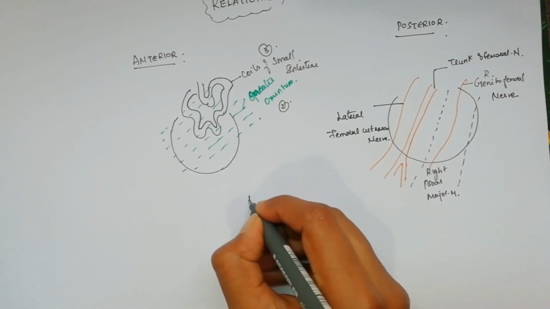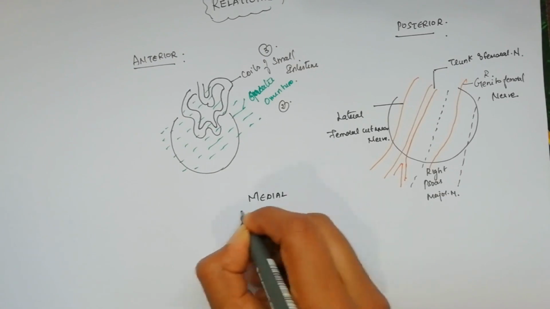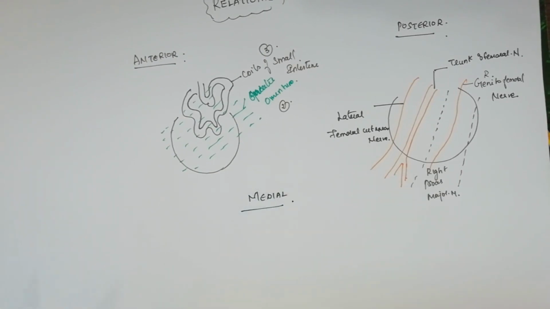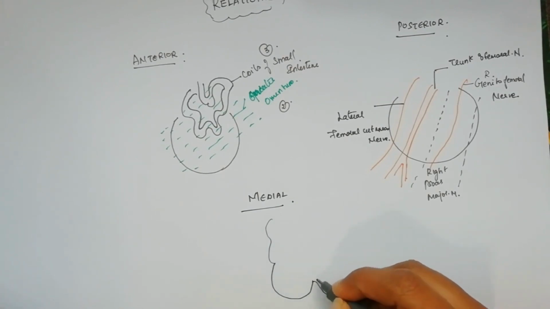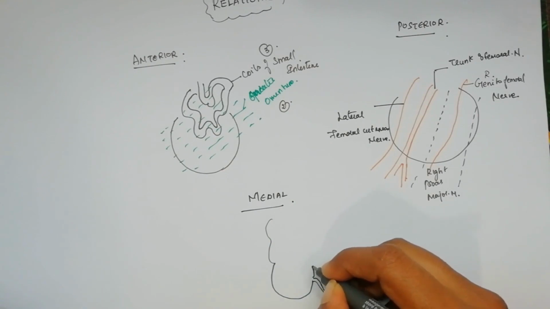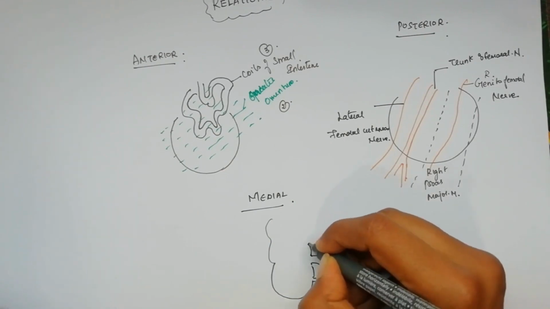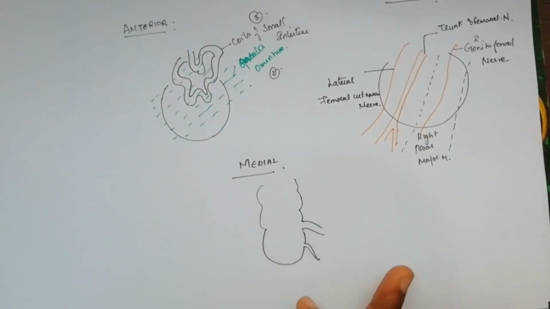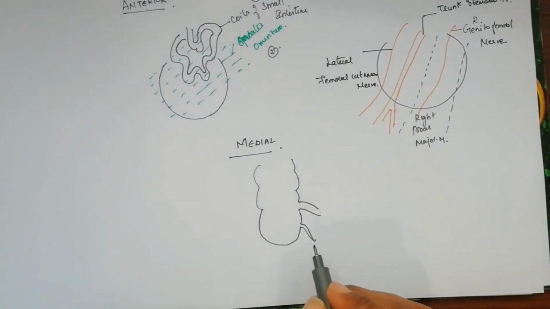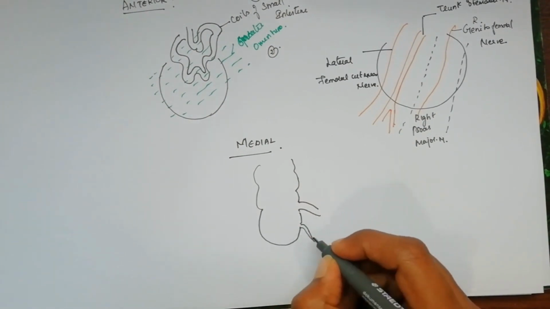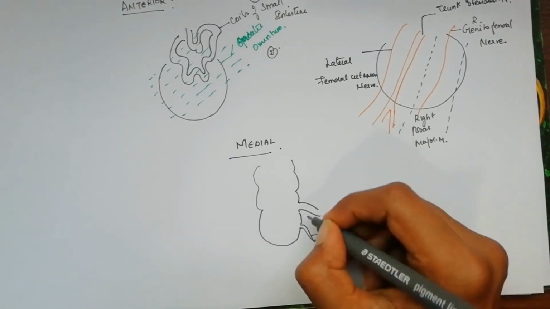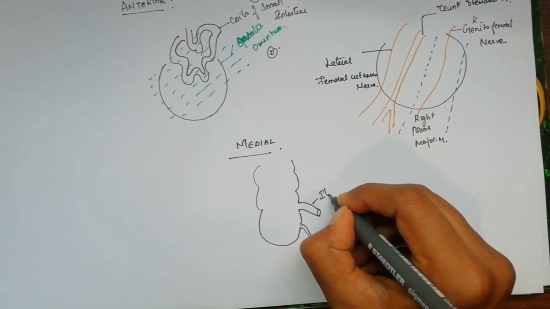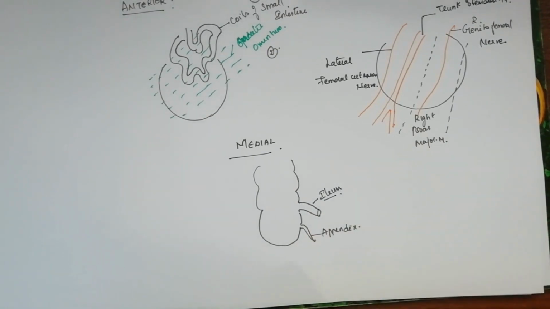Talking about the medial relation, we have got the cecum, with appendix and ileum. So this is how we have got cecum. In medial relation we have got two important structures present, that is one is the appendix in the lower part. So medially we have got appendix related, and then we have got the terminal part of small intestine, that is ileum,